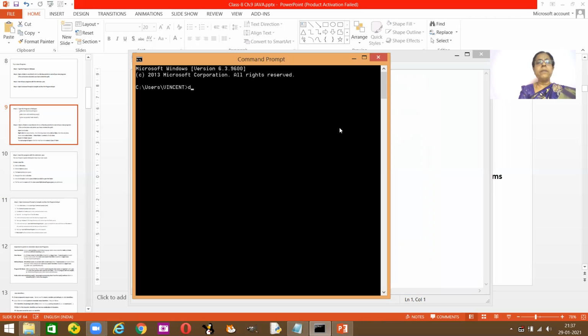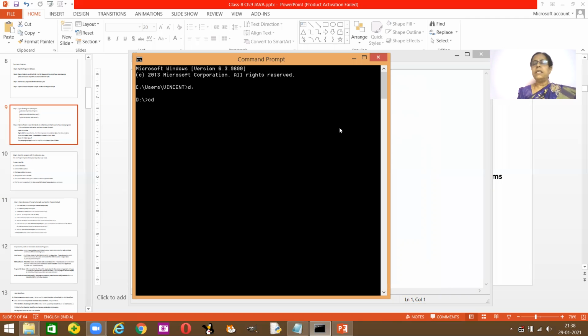So I have to type D colon. See how I've done it. Okay. Press the enter key. Now from the C drive, it's changed into the D drive. Then I have saved it in Java D, so I need to change the directory.